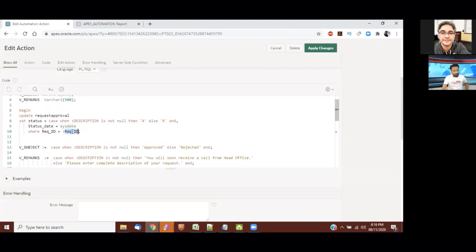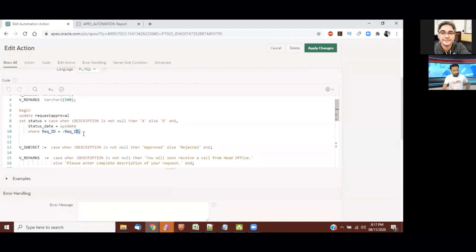What is this? These are the environmental variables which you can use in this process. If my query returns two rows, with request ID 1 and request ID 2, it will work as a loop. It will first initiate request ID number 1, and then request ID number 2. So it's working like a loop. If my request ID is 1, then the 1 will pass here and the system will update the status against request ID 1.